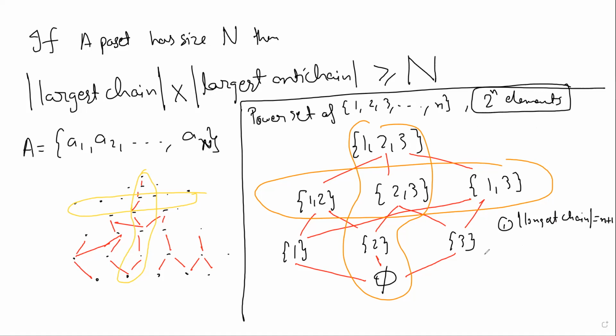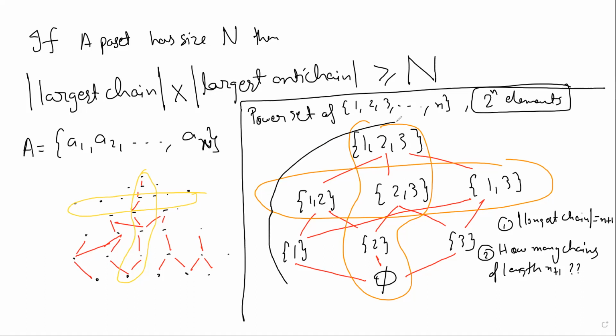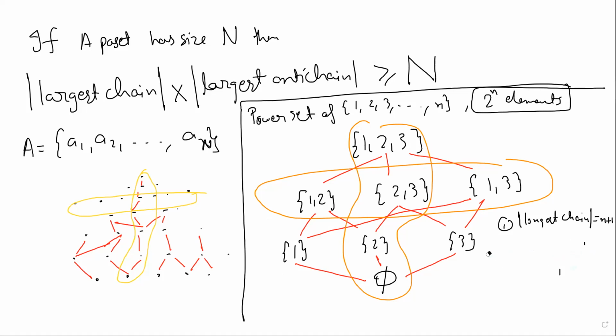Okay, here is the interesting question that you can think about. We'll not discuss this today. How many longest chains are there? How many chains of length n plus 1 are there? So you can see that there is 1, there is another 1, 2, then there is another 1, 3, and you can just imagine how many are there. But how many are there in total? Again, you can note it down, or you can see this later. But this is not an important question for us now.